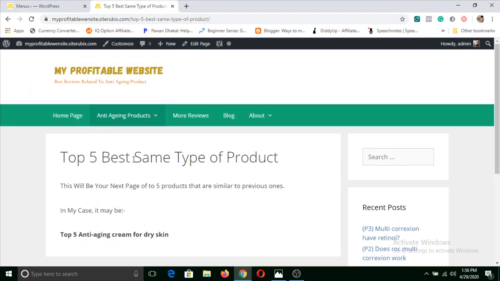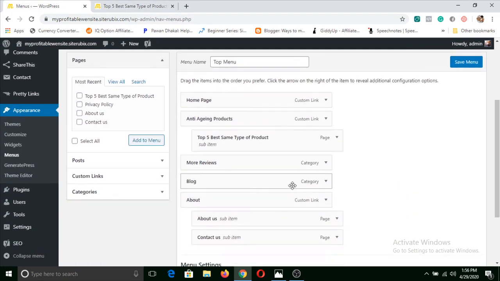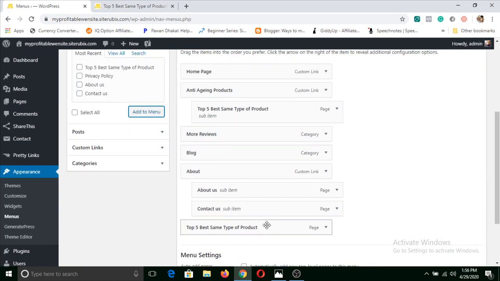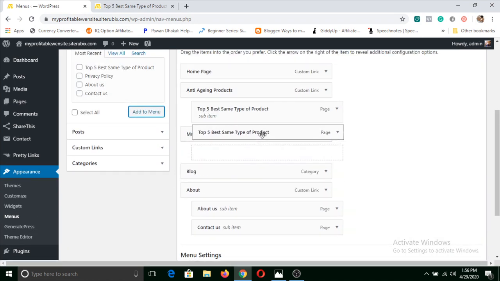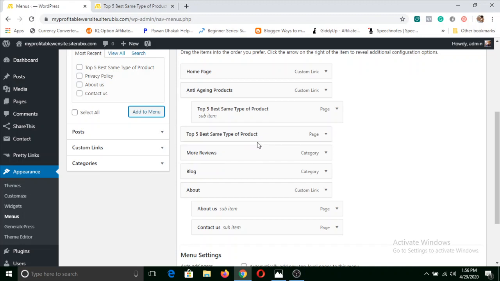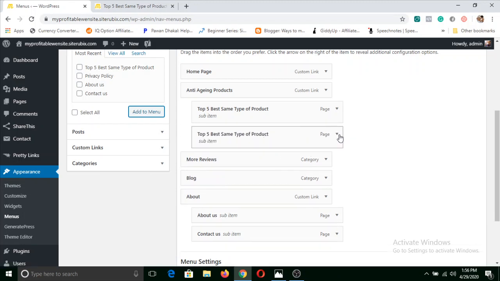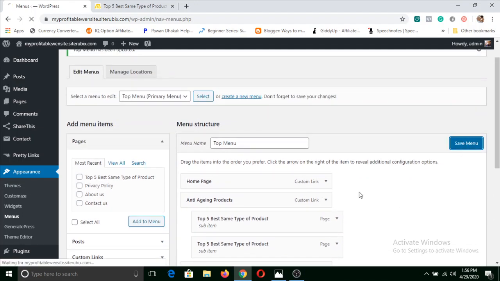You can put that third page below this. So if you want to put that third page below, for example, let me select some page. Let's say this is our third page, right? Now I can click on add to menu, and it will appear here. This is our third page, and I can bring it below here, and I can click on save menu,